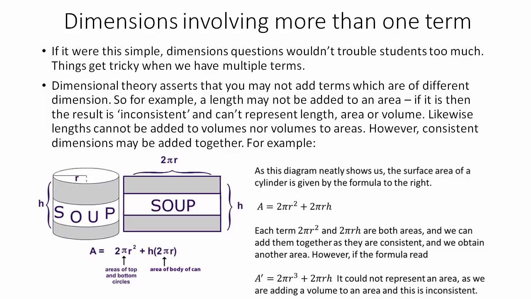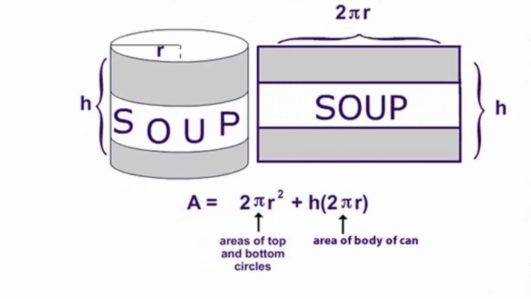Now, dimensions involving more than one term are possible, but you need to recognise that when you are adding or subtracting 2 different terms, they must be of the same dimensional order for you to add or subtract them. A good example of this is the formula for the surface area of a cylinder. Pi r squared for the circle on the top, another pi r squared for the circle on the bottom, so you'll need 2 pi r squared, and then you'll need 2 pi r, the circumference of the tin, or whatever it is you're dealing with, multiplied by the height of the tin to give you the curved surface area of